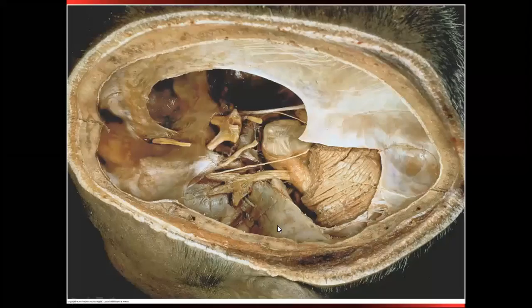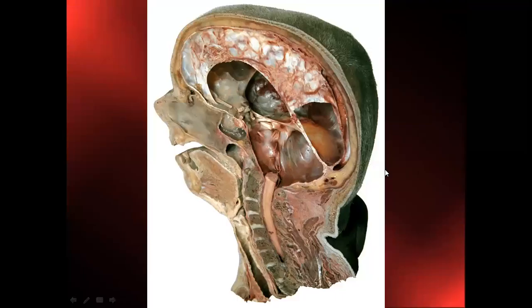Now see, the tent of one side has been cut so that we are able to see the cerebellum lying below the tent. Above the tent, we will find the occipital lobes of the cerebral hemispheres. Below the tent, we will find the cerebellar hemispheres. This is the midpoint of the tentorium cerebelli, which is getting attached to the falx cerebri, the sickle-shaped fold of dura mater.